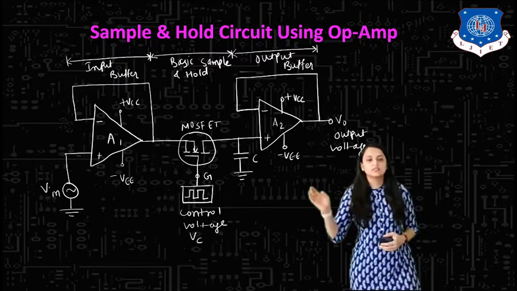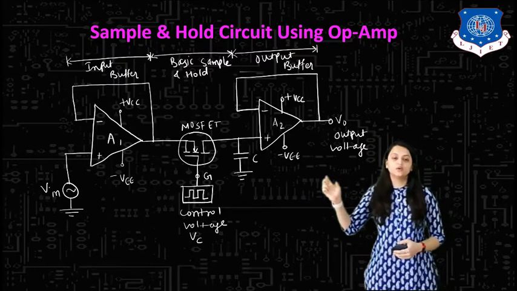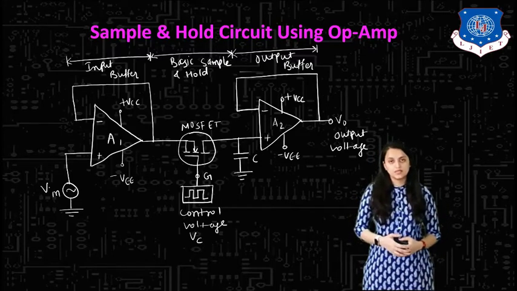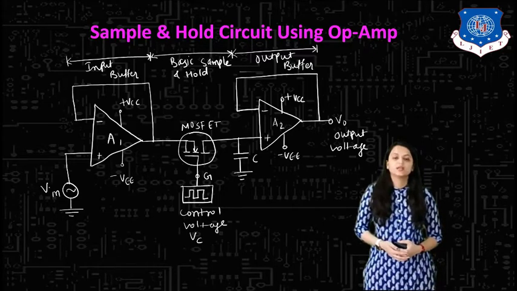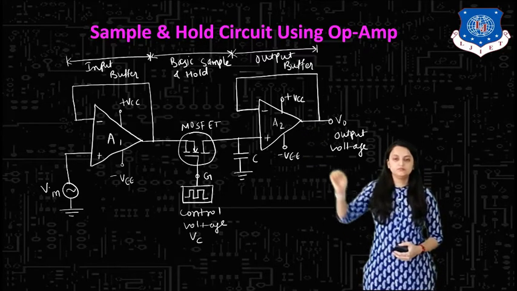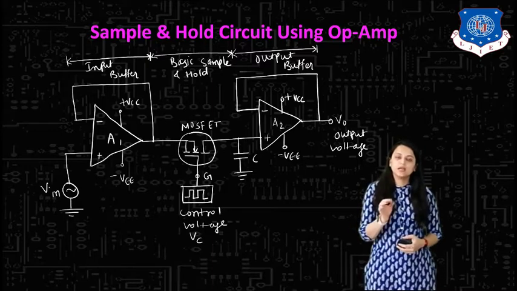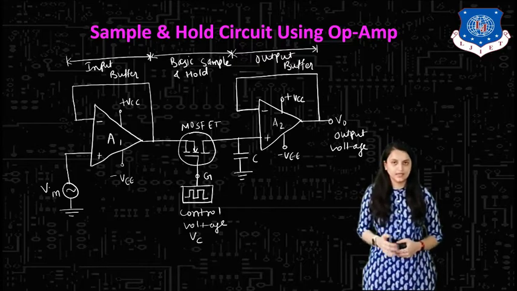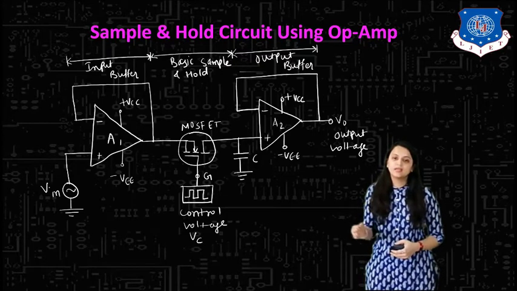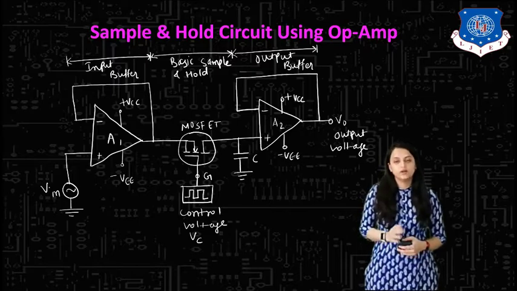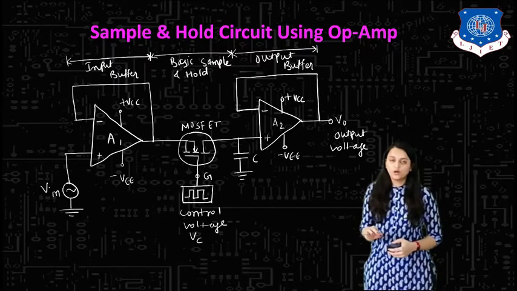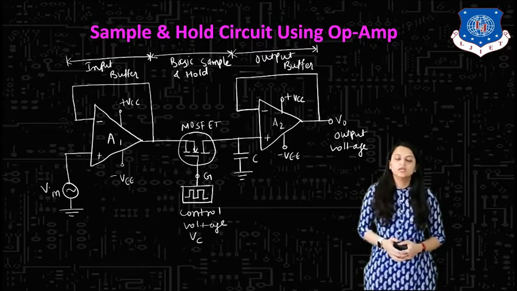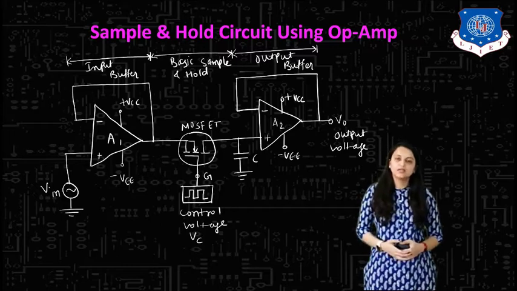For that, this circuit diagram is there, which generates the sample and hold condition. Here, two op-amps are used, as you can see. The first amplifier is A1 and the second amplifier is A2. At the first input amplifier A1, the supply is given to the non-inverting terminal as indicated, and the feedback is directly taken to the inverting terminal. As there are no components included in the feedback, this will act as an input buffer. Here the plus and minus V supplies are indicated.